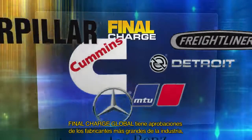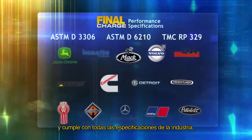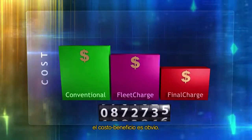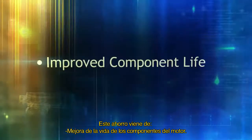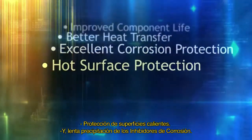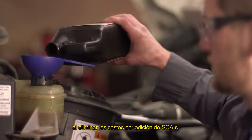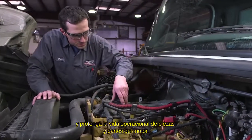Final Charge has approvals from the industry's biggest players and meets all major industry specifications. An extended life coolant may seem more expensive initially, but over the life of the antifreeze and the engine, the cost benefits are obvious. These savings come from improved component life, better heat transfer, excellent corrosion protection, hot surface protection, and slower corrosion inhibitor depletion. Final Charge saves you money by eliminating the cost of adding SCAs, reducing downtime for maintenance, and improved operational lifespan